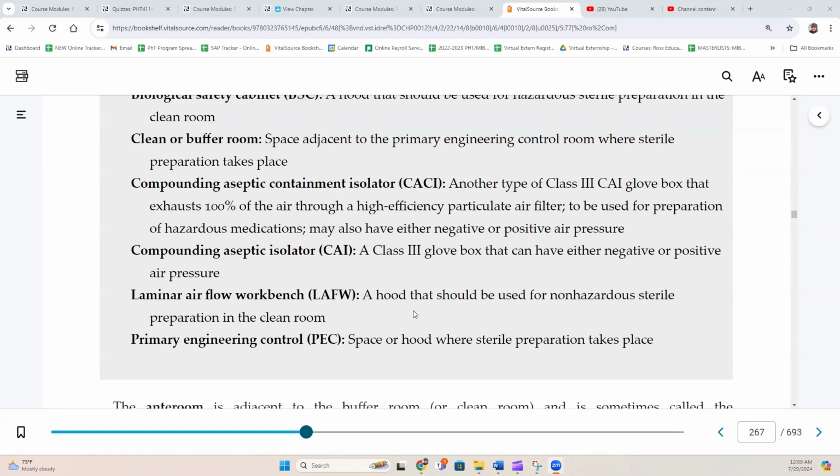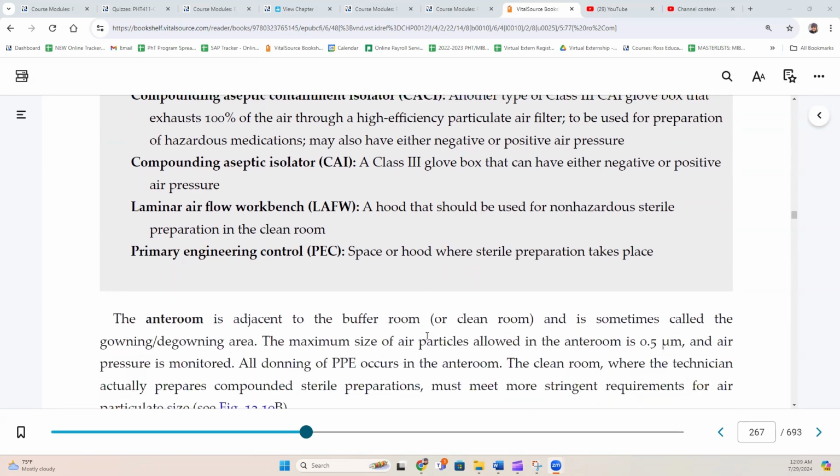It's to be used for preparation of hazardous medication, and it may also have negative or positive air pressure. The compounding aseptic isolator, a Class 3 glove box that can have either negative or positive air pressure. And then the laminar airflow workbench, a hood that should be used for non-hazardous sterile preparation in the clean room. And then we have the primary engineering control, which is a space or hood where